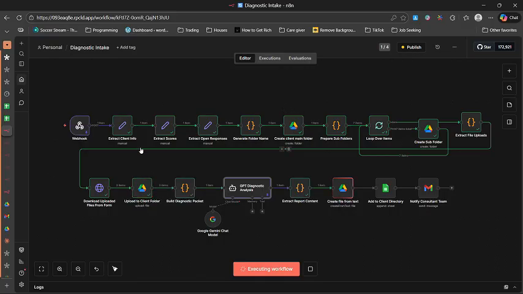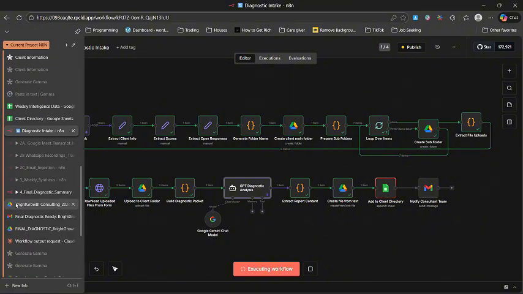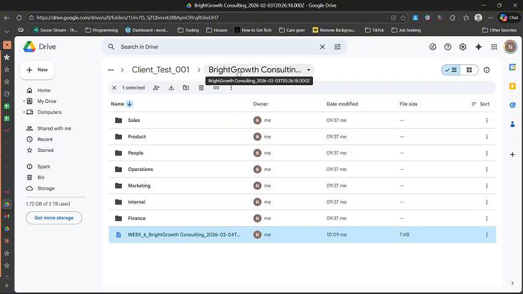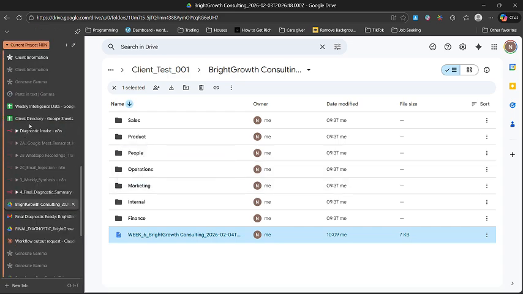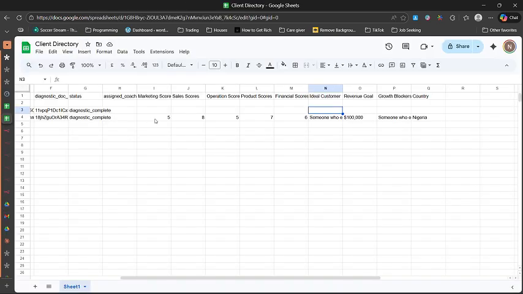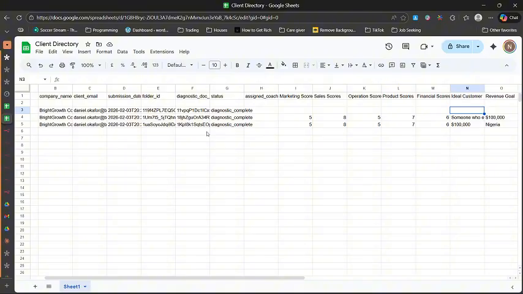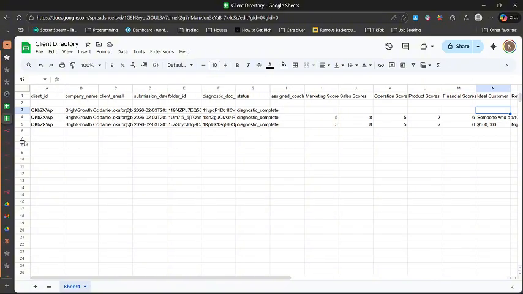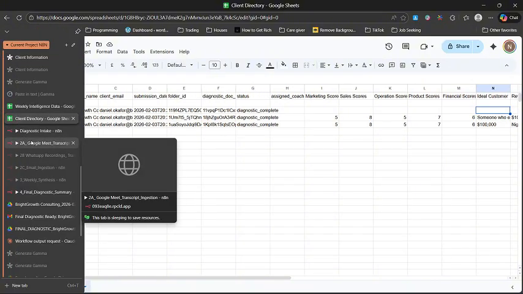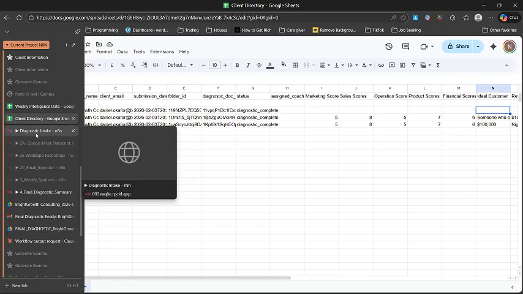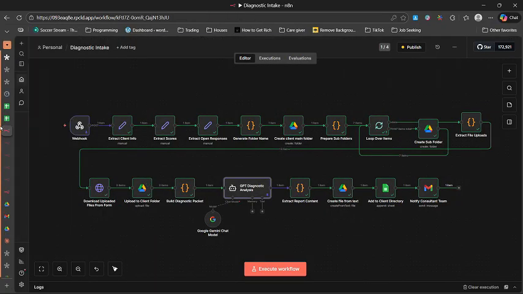on your Google Drive. This is what it would look like. Then it will give you all of the information, all of the scores are inside here. And it will also save it in the client directory. As you can see, this is what it did. It automatically updated the form. Then afterwards, it comes back to